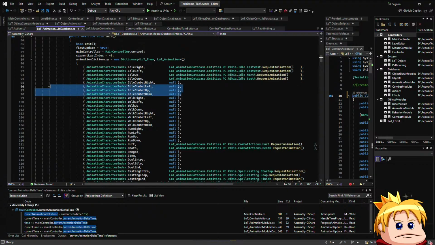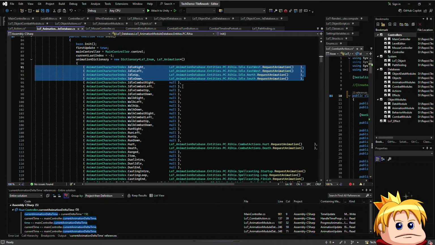That way I don't need to have idle up, down, left, right. I can just have idle or idle combat, and then it just contains these four. I mean, it'll still be the same, but